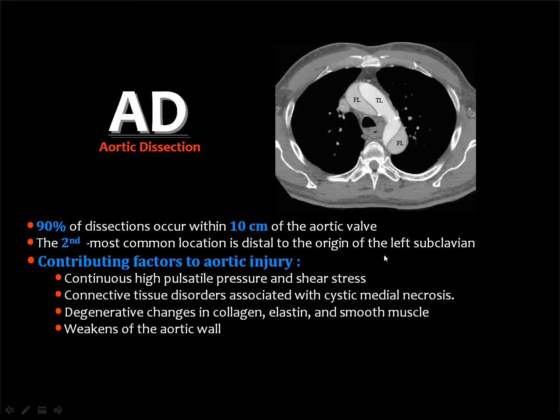Aortic dissection means that there is separation of the intimal flap, and this will result in the division of the aortic lumen into two parts: the true lumen and the false lumen. Dissection occurs very commonly about 10 centimeters from the level of the aortic valve, and the second most common site is distal to the origin of the left subclavian artery. The underlying factors for dissection include continuous high pulsatile pressure and shear stress, connective tissue disorder, degenerative diseases, and weakness